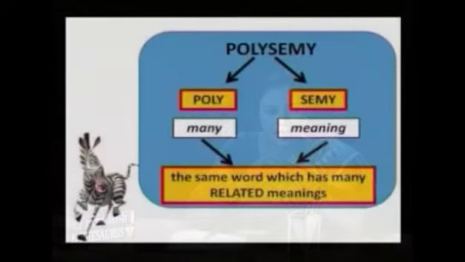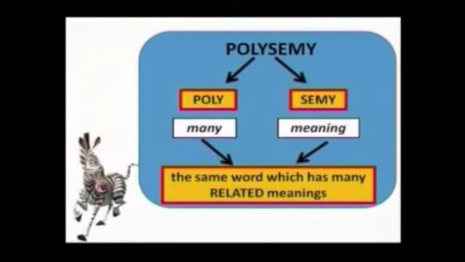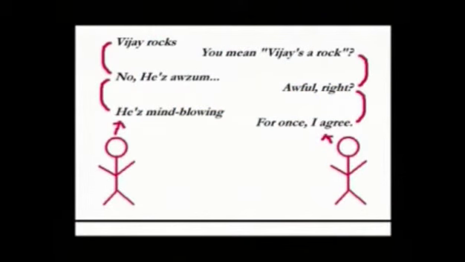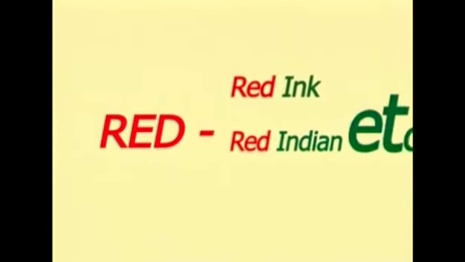At a certain stage of language development, the production of new words by morphological means becomes limited, and polysemy becomes increasingly important in providing the means for enriching the vocabulary. The most prevalent type of polysemy is the result of ordinary contextual shift in application. For instance, the different meanings of red in red ink, red Indian, etc.